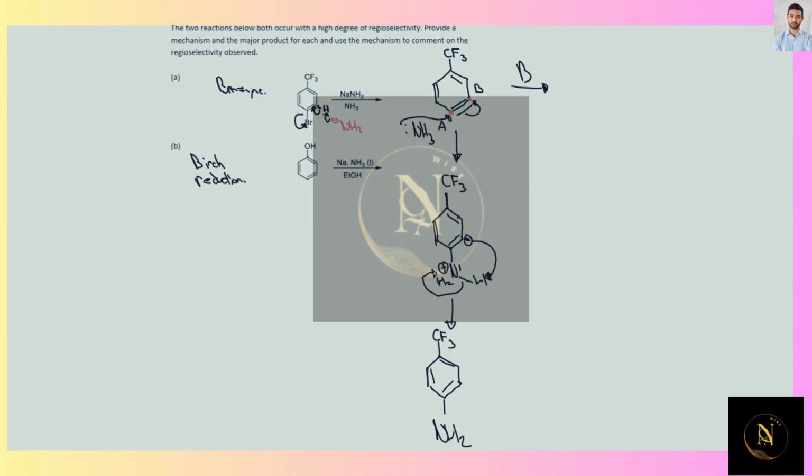Now, why this attack is going to be preferred, let's look at what is going to happen at position B. The intermediate that is going to be generated is going to have a negative charge on this position upon attack, and the NH2H with the positive charge over here. So what is going to happen? Since we have an electron withdrawing group,